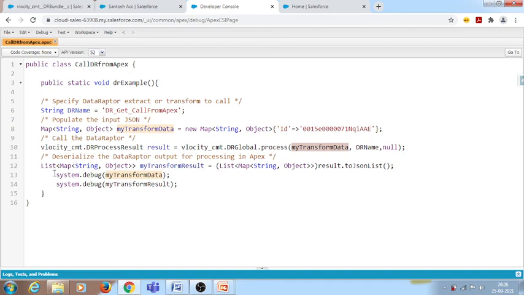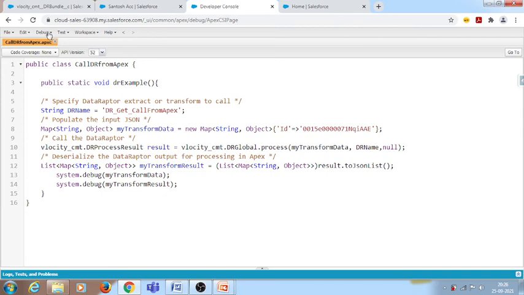In line number 13, if you observe, I have tried to print the ID that I am passing in line number 8. I am passing the ID of the account. So I want to clarify how the ID is passing, and in line number 14 I am printing this entire JSON, whatever the returned JSON is.